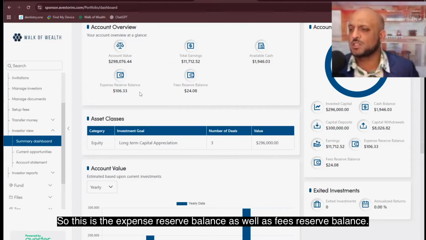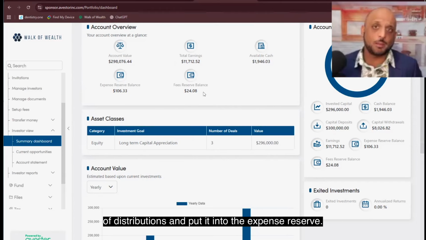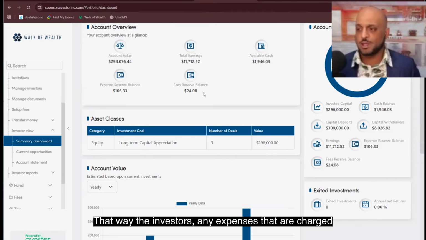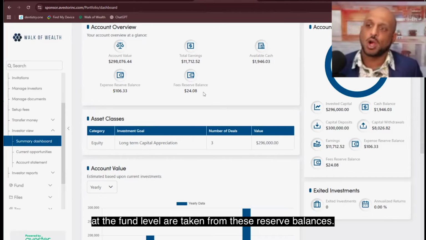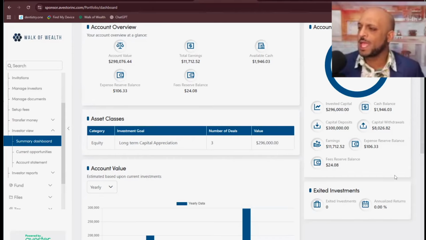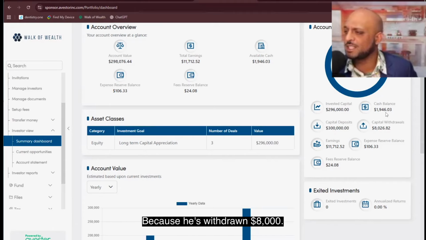This is the expense reserve balance as well as the fees reserve balance. These are expenses that are incurred by the fund, and we take a small amount of distributions and put it into the expense reserve. That way, any expenses that are charged at the fund level are taken from these reserve balances. Now over here on the right side, you can see that his available cash balance is $1,900